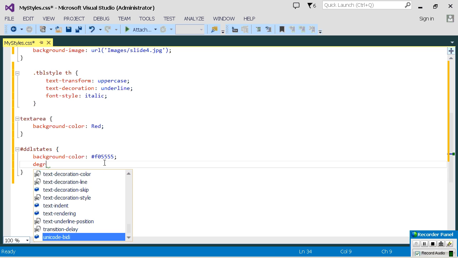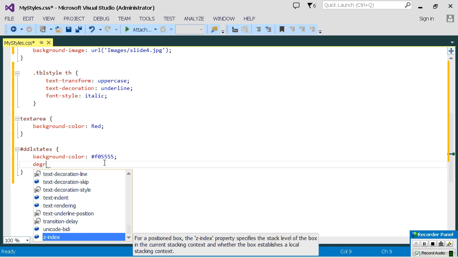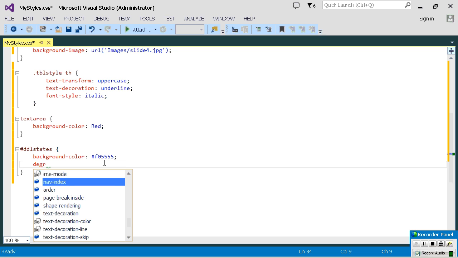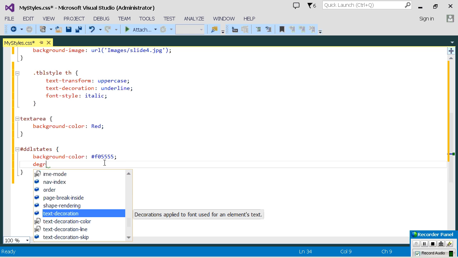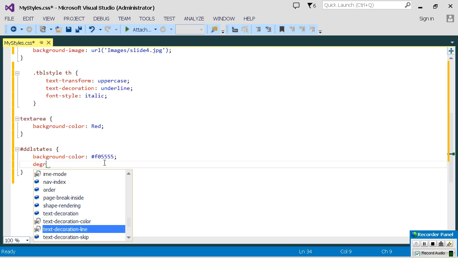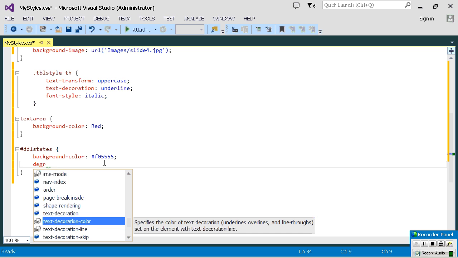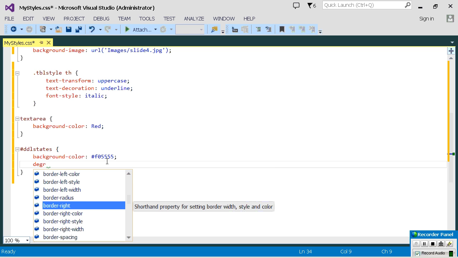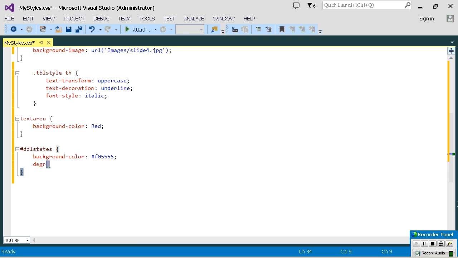These kinds of styles are there. For your information, don't learn everything. Are you understanding? Okay, here you can see the underline is there, right? If you want to change the color of the underline, you can do text decoration color. So there are a lot of styles. Border radius. Border radius means I have a button, right? Okay, one more style I haven't shown. That I will tell you tomorrow. Few more styles are there. Don't worry, tomorrow I will tell you.